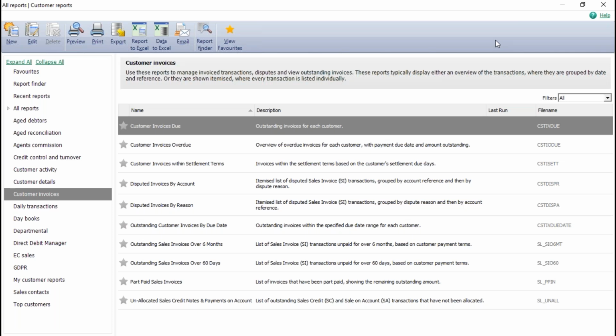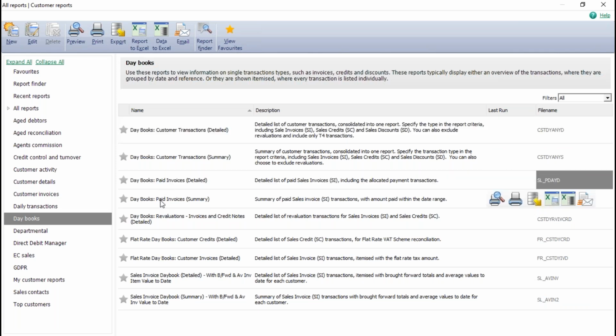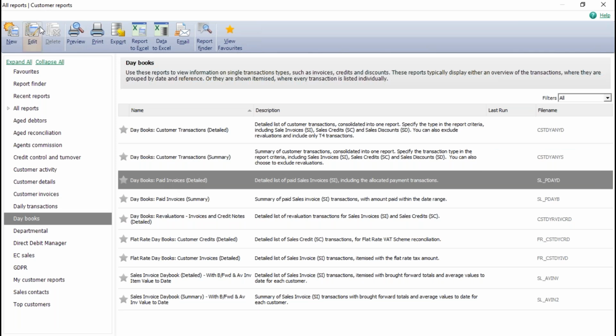If you're looking at the likes of, let's just pick on a day books report as an example. So if I choose day books, what should we choose? Let's just choose any report. Doesn't really matter what it is. If we edit it